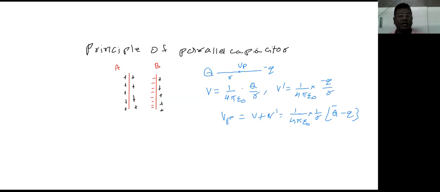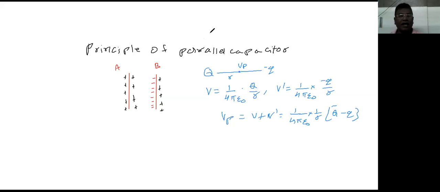Try to understand this very clearly. Because of the presence of negative charge at the point P, the potential of Q got decreased. Initially, the potential of Q was this much, but because of the negative charge, the potential at P because of Q has now become this much. It has decreased. It has gone down by this value. Now, if I want to bring this back to the original potential, what can I do?